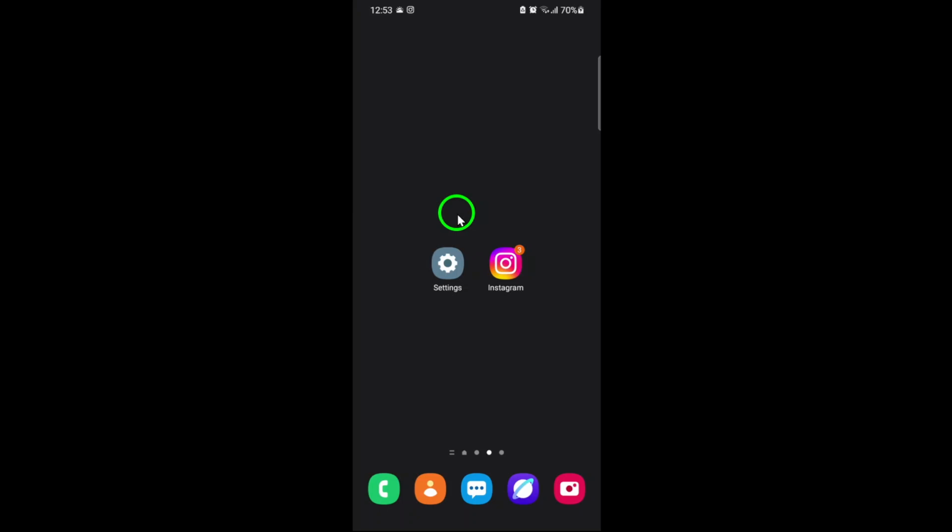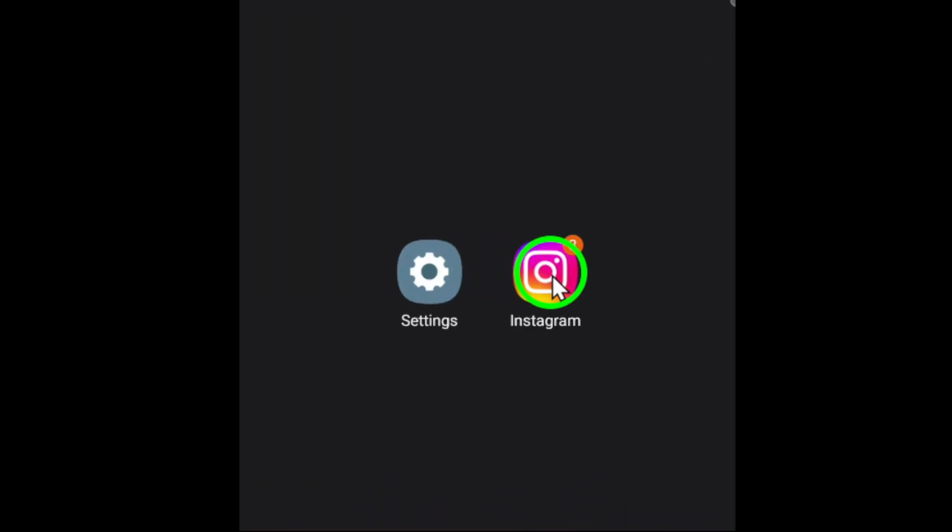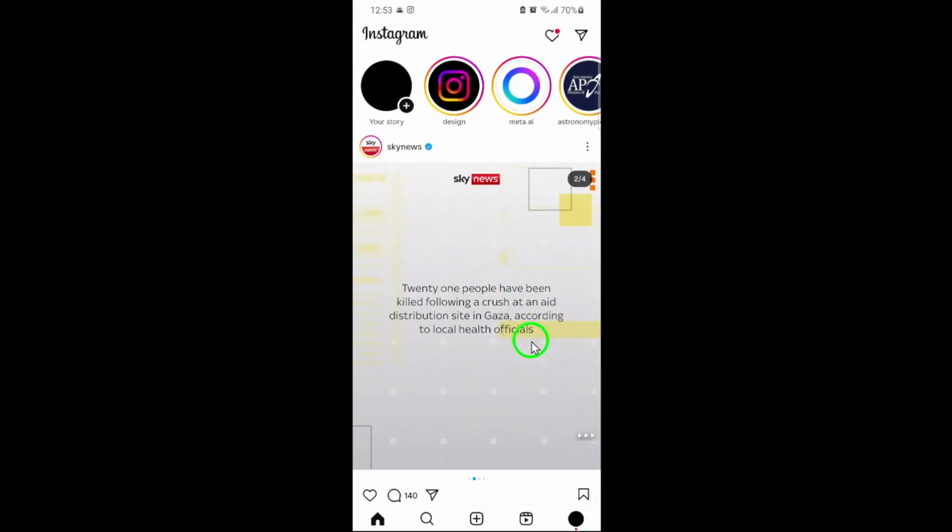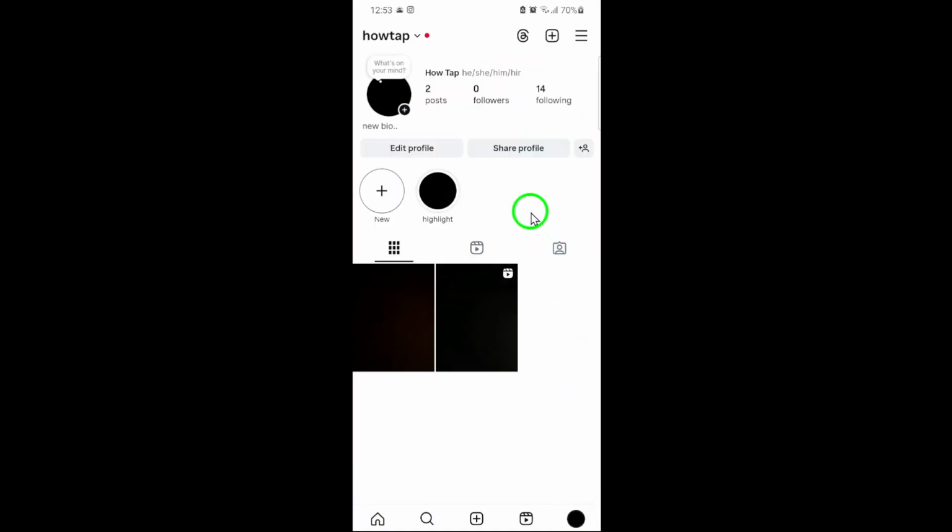Let's get started. First, open the Instagram app on your device. Make sure you're logged into the account where you've saved your favorite audio tracks. Once you're on the main feed, look to the bottom right corner of your screen. Tap your profile icon. This will take you straight to your profile page, where you can see your posts, followers,